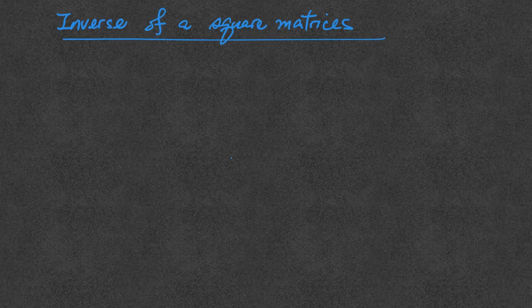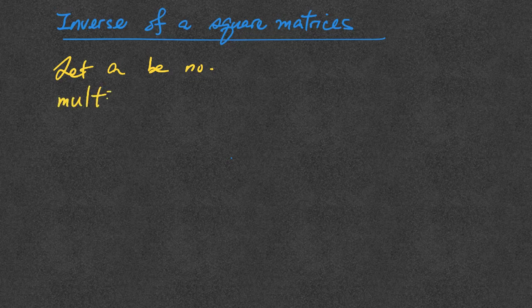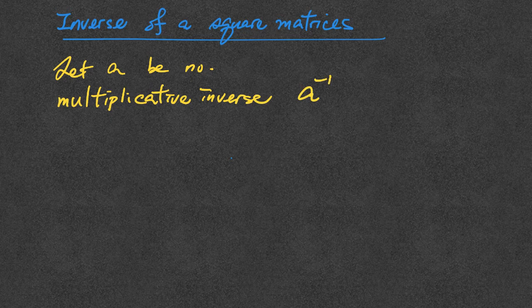In this video, we are going to see how we can find the inverse of a square matrix. Now let's start from the easiest idea first. For example, you have a simple number, not a matrix, let A be a number. The meaning of inverse, or more precisely called multiplicative inverse. Okay, multiplicative inverse. So it's talking about a number called A inverse, and then multiply to A, which is equal